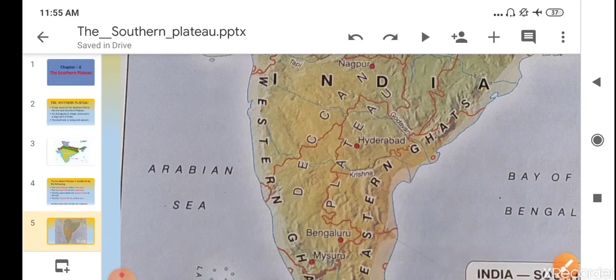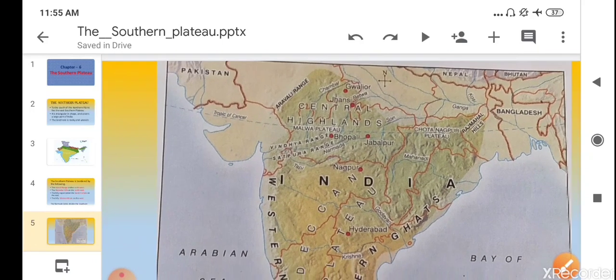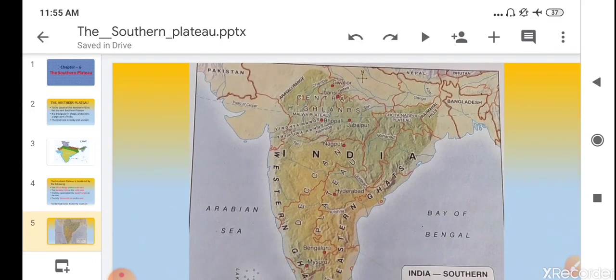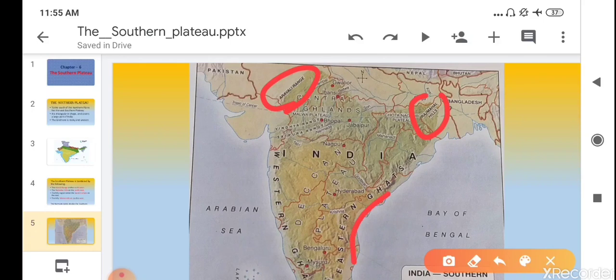So these are the four borders of the Southern Plateau. First, in the northwest, the Aravalli Range; in the northeast, the Rajmahal Hills; in the east, the Eastern Ghats; and in the west, the Western Ghats.